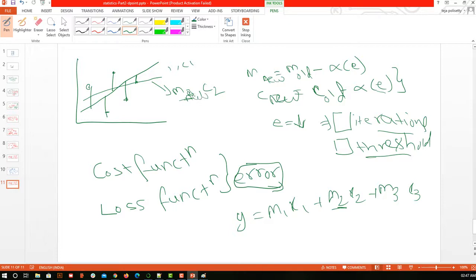Next time we are going to represent this complete thing as a capital M and a capital X. So this is a list of X, and this is a list of M, or I can say a series of M and X plus C. That's how we are going to consider it.